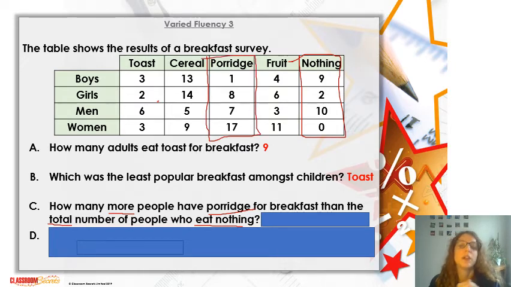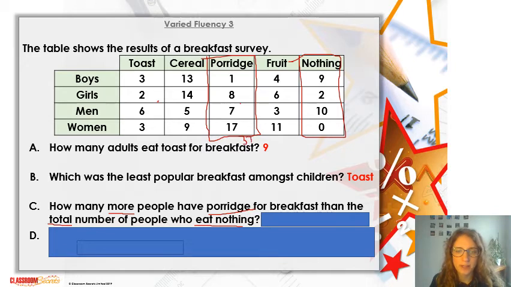Okay, so I'm going to give you a minute to pause those. Pause the video, work those two out. Okay, so we need to add all of these together. So we've got 1 add 8 is 9, add our 7, which takes us to 16. We then add our 17 onto that, which gives us a total of